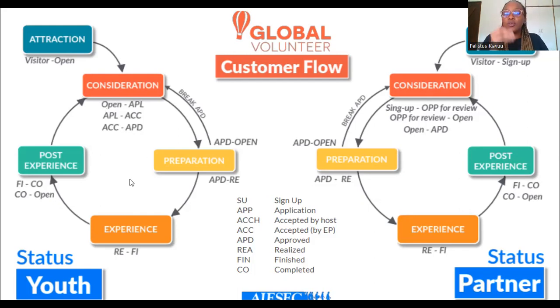And consideration is actually a key process because in iGV, that determines the number of realizations that we get. If we get a lot of applications and we don't contact them early enough, they apply to other opportunities. Quick disclaimer, with iGV, EPs apply for multiple opportunities. If they apply to Nigeria, Ghana, Kenya, Uganda, Tanzania, and Tanzania reaches out immediately, and then Uganda reaches out a week later, by the time you're coming in a week later, the EP has probably even been approved already. So you have to make sure you're following up with your VPs to check EXPA daily.